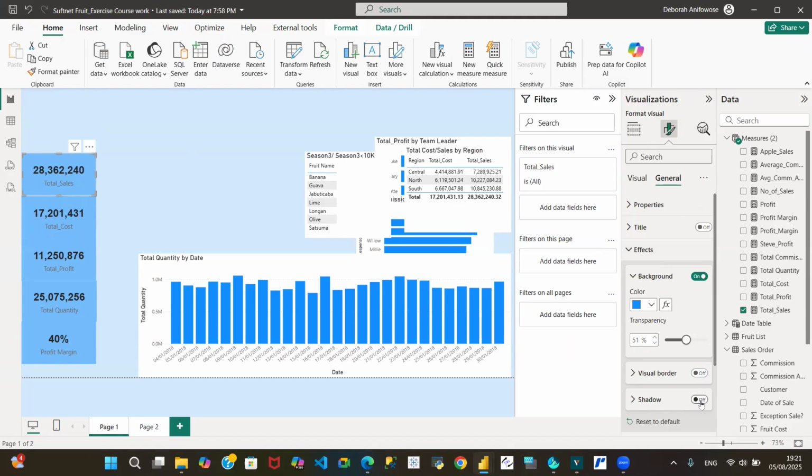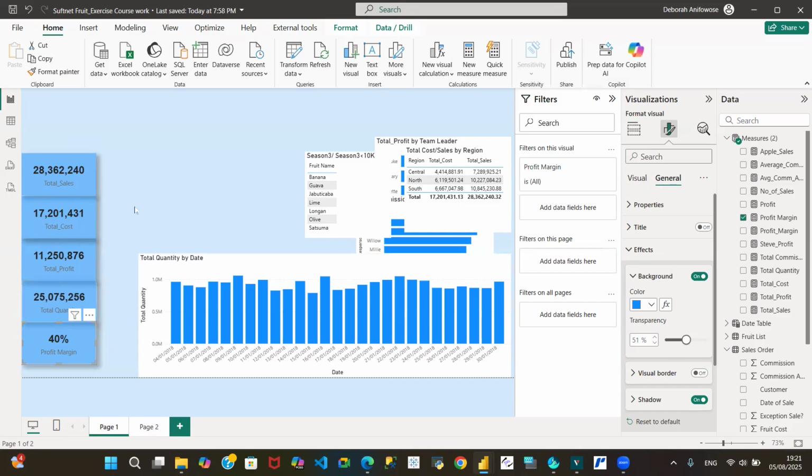You may want a 3D effect to it. That's the shadow. If you want that, I like to put it because, like I said, it just gives it a little bit more depth. So if we do that,